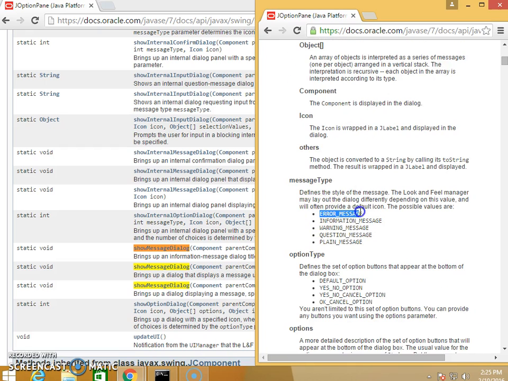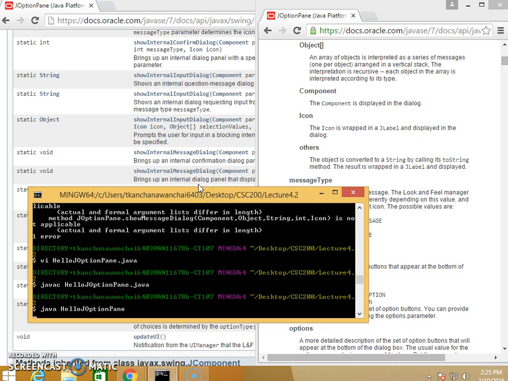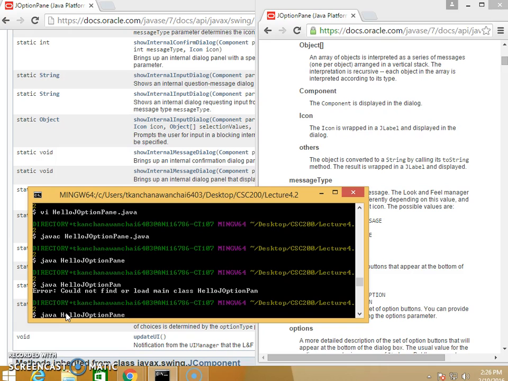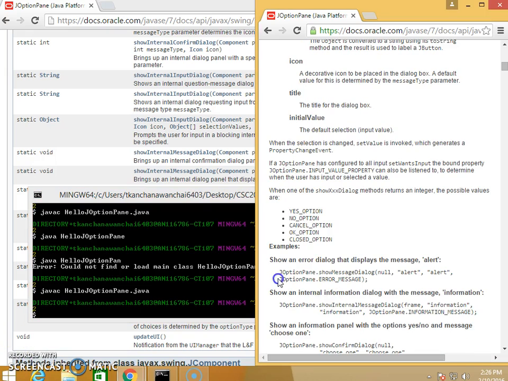Error message. That's why I get the error message, because this is the first one. And for the first one, they're going to give an int as 0. If I do 1, it's going to be information message. If I do 2, it's going to be warning message, and so on. So besides doing it this way, you can also use the JOptionPane exactly and change it in there. Go back and show you. You can actually specify the JOptionPane error message, which refers